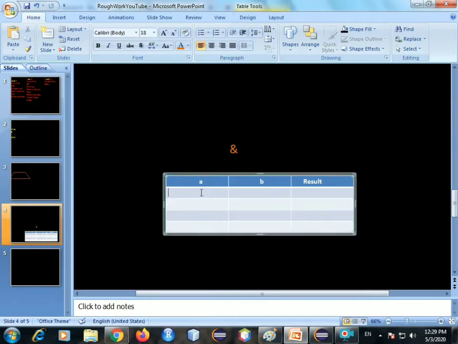So let's give values here. If a is false, that is 0, where 0 resembles false, and b is false. Here a is false but b is true. A is true, b is false, and here both are true.